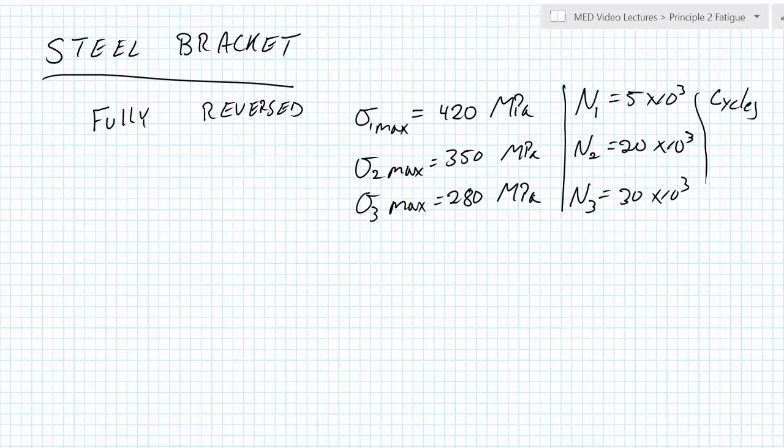So our objective here is to figure out what to make this thing out of in order that it will not fail. So this is a design problem, and we're going to have to make some guesses along the way, since we're approaching this problem with very little evidence. So our solution approach